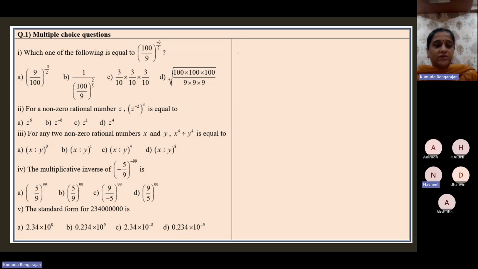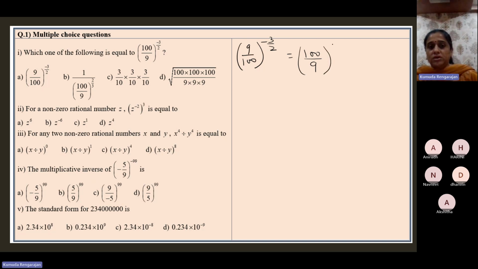Okay, so let's take the first one. 9 by 100, the first option. 9 by 100, the whole raised to the power minus 3 by 2. Okay, so this is nothing but 100 by 9, the whole power,